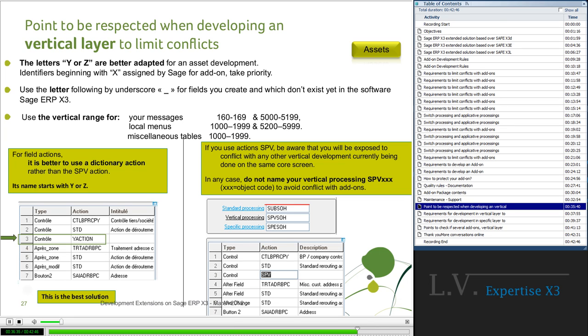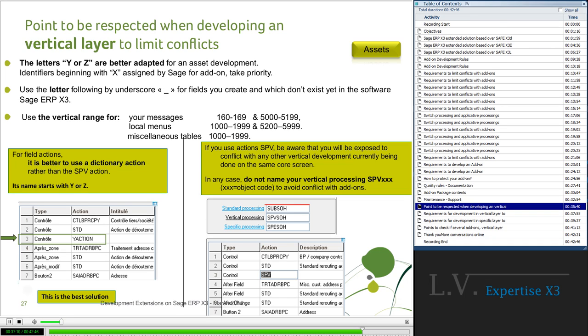Identifiers beginning with X, assigned by Sage for add-ons, take priority in the same customer folder. Use the letter following by underscore for fields you create and which don't exist yet in the software Sage ERP X3. Use the vertical range for your message, local menu, and miscellaneous tables.